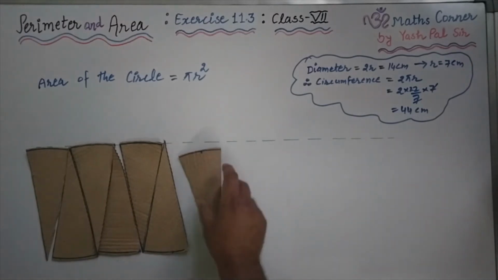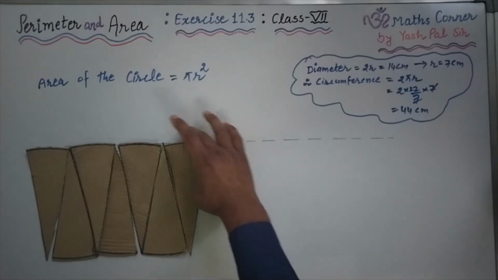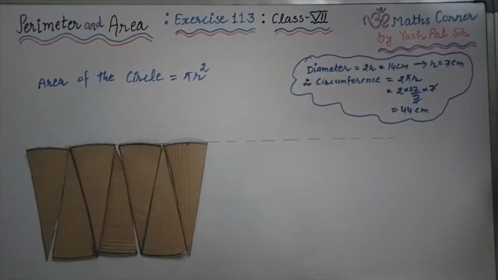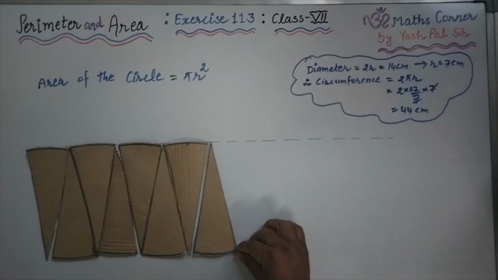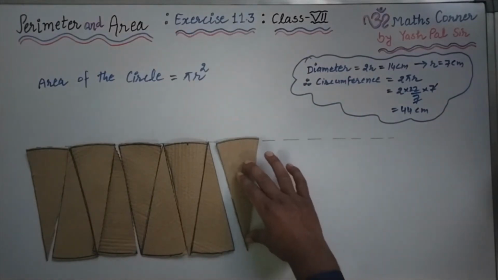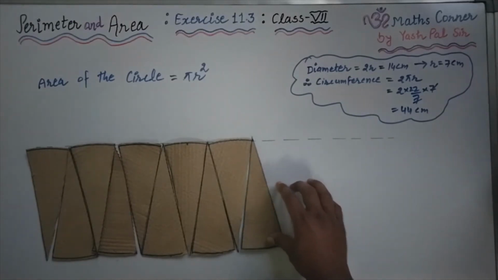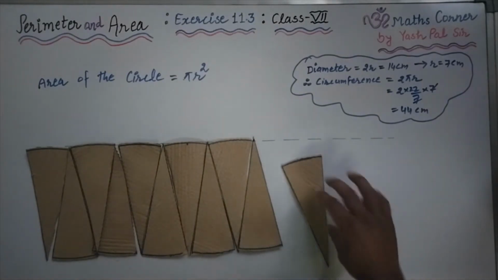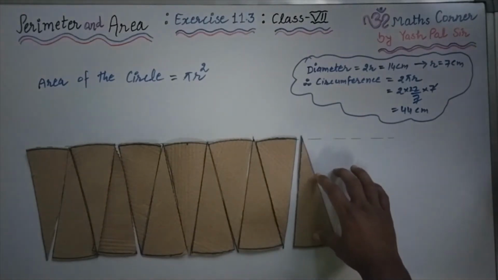Second, next one is placed like this. Okay, now next one I am placing like this, parallel to this line, adjoining this line. Already we have sketched, drawn. Okay, now next, this is the next sector I have placed. Next, this is the next sector. Again below, this way I have joined so many sectors.